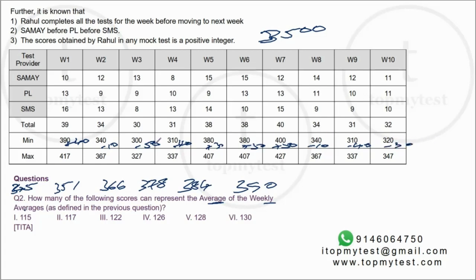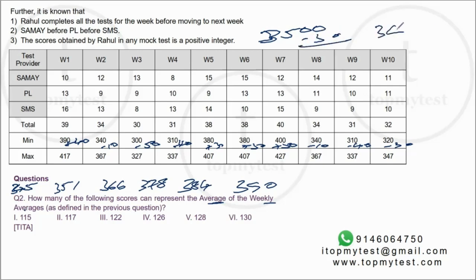Now this has to be done in your head. I'm just writing it down to illustrate what I'm doing. 40 minus 10 is 30. 30 minus 50 is minus 20. Minus 20 minus 40 is minus 60. Minus 60 plus 30 is minus 30. Minus 30 plus 30 is 0. 0 plus 50 is 50. 50 minus 10 is 40. 40 minus 40 is 0. And 0 minus 30 is minus 30.